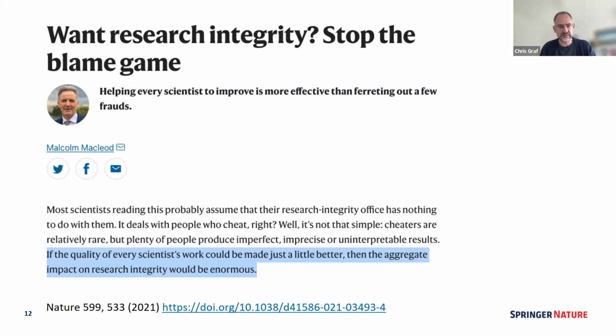And this is a quote from a short thought piece, an editorial that Malcolm published in Nature a couple of years ago. And he makes the assertion that while most people think research integrity has nothing to do with them because it deals with people who cheat, and of course we should be dealing with people who cheat, actually perhaps the biggest net gain is from helping good researchers, normal good researchers, to do their work a little bit more effectively, to communicate it a little bit more effectively, because that's where the aggregate impact on research as a whole and on society will be